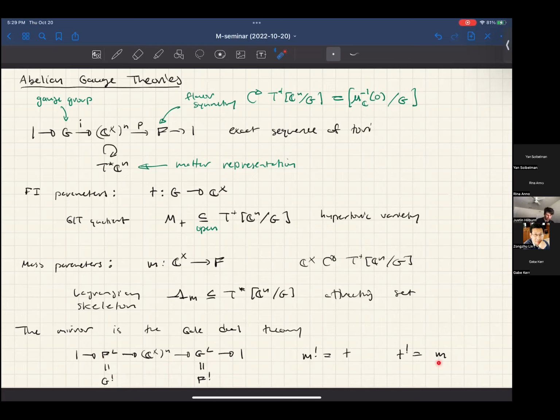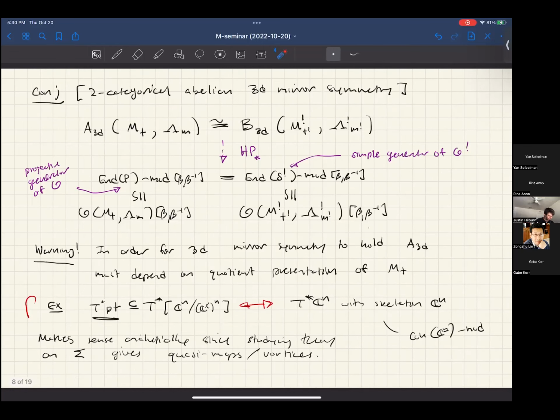And the action on the parameters is just that they get swapped. And then there might actually be a sign on one of these, but I always forget. And so I'm just going to be sloppy. But the important thing is that these abelian theories, they're closed under mirror symmetry. So that means that you can study them without leaving this class. And so basically they're the best testing ground for all